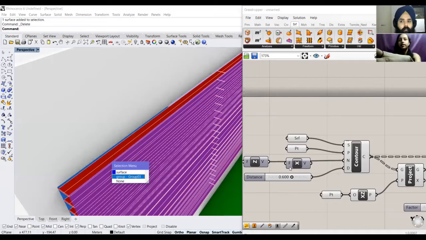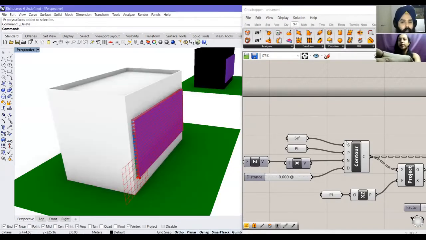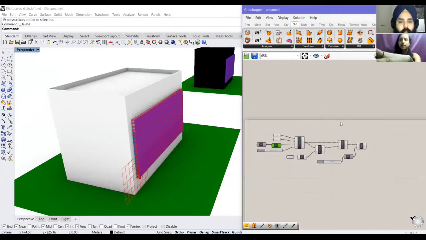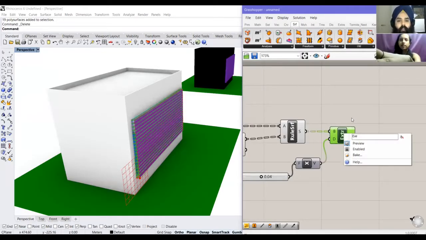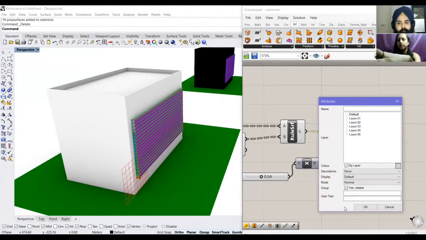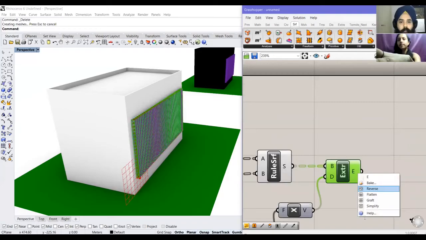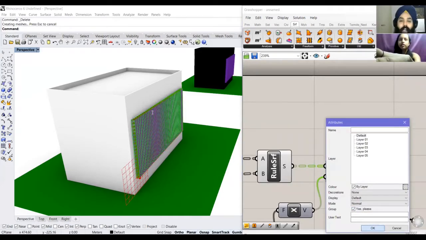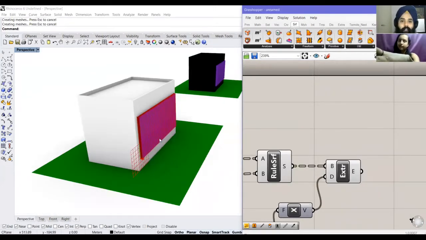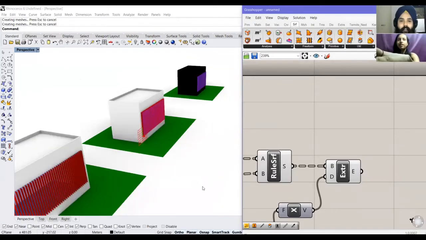There is another thing that we can do. Let me just bake this here. I'll bake this again to layer 1, and then I'll shift the horizontal to vertical, and I'll bake it again. Do you know what we'll get? If we don't delete one and bake two of them together, we'll get horizontal and vertical louvers, which is like an egg crate waffle design, a slab kind of a thing.